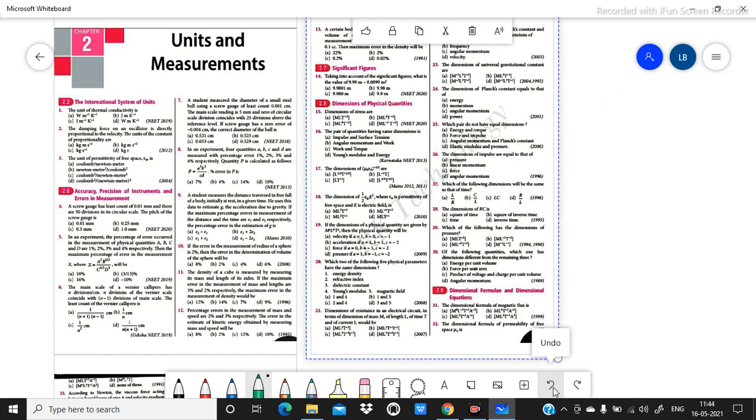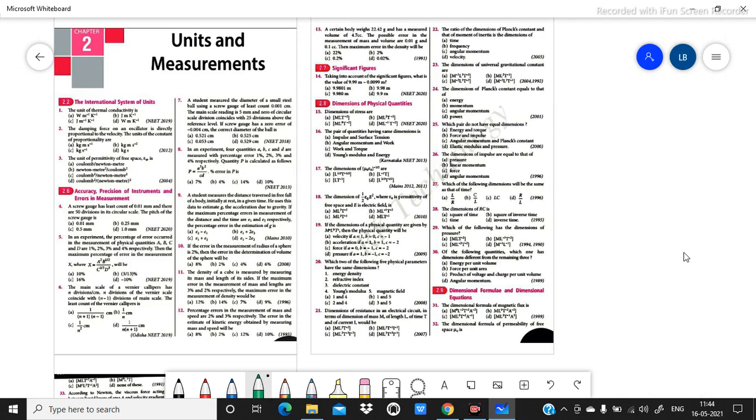What is the question given here? The question is that, taking into account the significant figures, what is the value of, it is given as question 14, what is the value of 9.99 minus 0.0099. The answer will be 9.9801. So the least number of significant figures is 3. Here the least number of significant figures is 3. So hence the correct answer will be